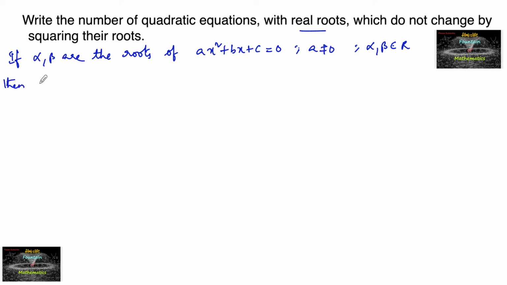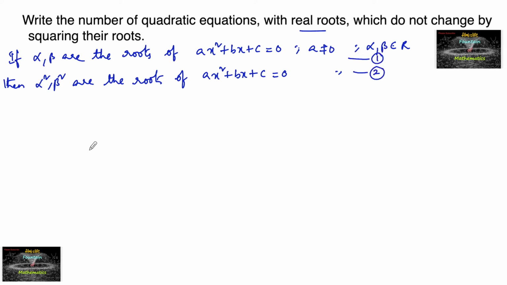Then alpha square, beta square are the roots of the same quadratic equation, that is ax square plus bx plus c equals 0, where a not equal to 0, and alpha square, beta square are real roots. Okay, then say this is 1 and say this is second one. So from 1 and 2,